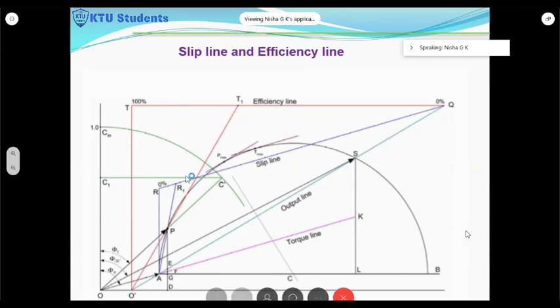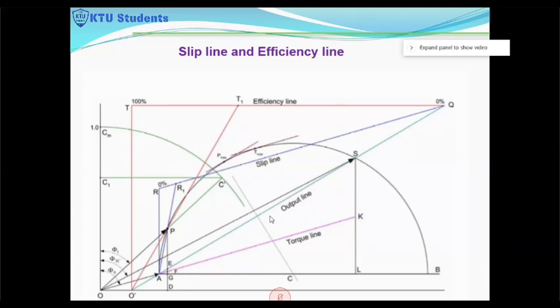Then you will have one end point. You have a start point, but an end point should be there too. So what you have to do is draw a vertical that should meet at the I0 tip. This is OA, that is the I0 point. So at the tip of the I0 vector you draw a vertical line, and that will meet at this point. So this is the slip line; you have to divide it into 100 equal divisions. Then at any operating point you will get the various points. So here, this is the slip line.